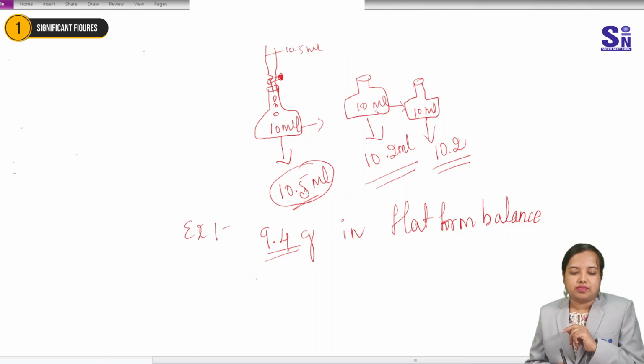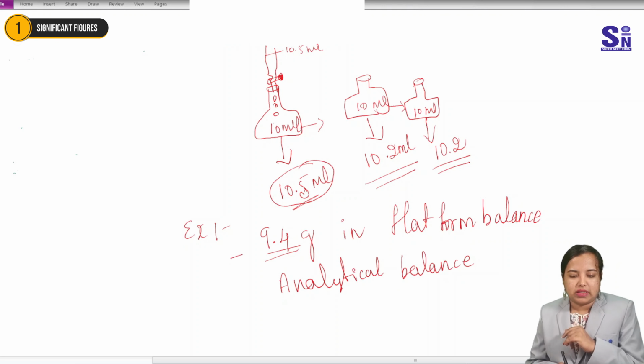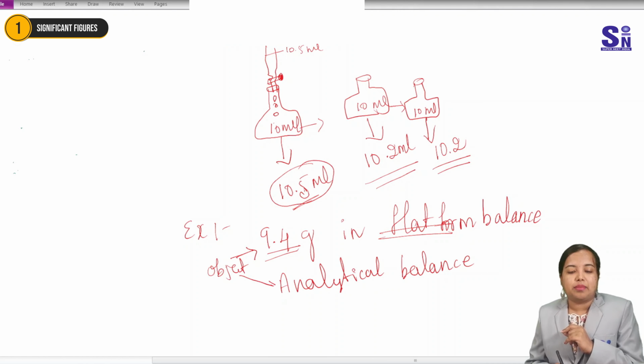Then, if you weigh the same object in an analytical balance, whereas in a platform balance you get 9.4 gram, in the analytical balance you are going to get